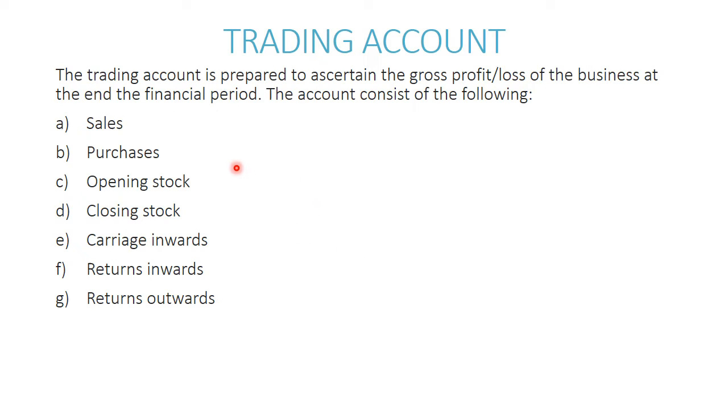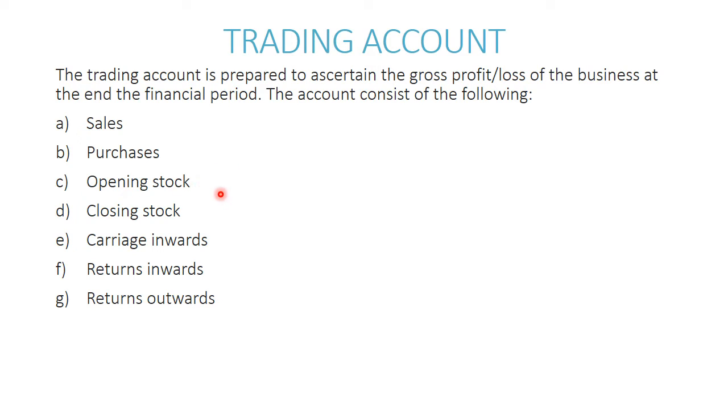And apart from sales, we also have the purchases. Purchases are simply goods bought for the purpose of reselling in the business. Mind you, we are only talking about those goods that we buy for the purpose of reselling. If we buy a motor vehicle, for example, as a utility vehicle in your business, that will not be classified as purchases. We are only looking at those items which are bought for the purpose of reselling. If you buy an item to be used in the business, that should not fall under purchases.